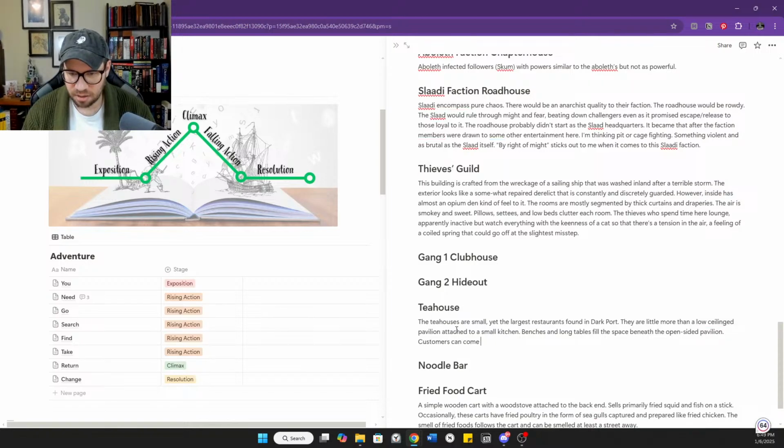Customers can come here for a simple bite, a drink, and to get out of the persistent rain that plagues this domain of dread.